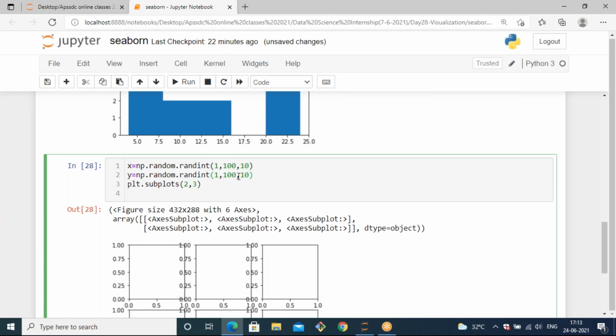Here also I'm taking the same range 1 to 10. I need to generate 10 values. Okay, and now I'm going to plot it by using subplots.